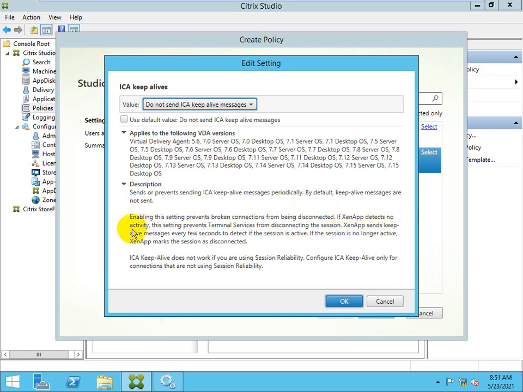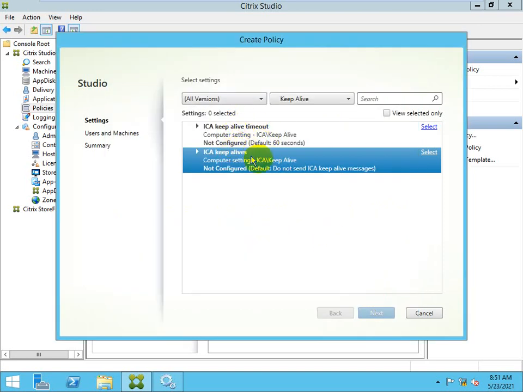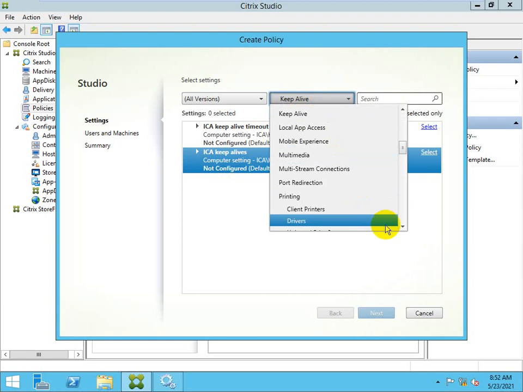If XenApp detects no activity, this setting prevents terminal services from disconnecting the session for the defined time. Between 60 seconds or the time you mentioned over here, in that time frame, if the system detects that there is no activity on your screen, it prevents locking the screen or killing or disconnecting the session. Okay, this is keep alive.